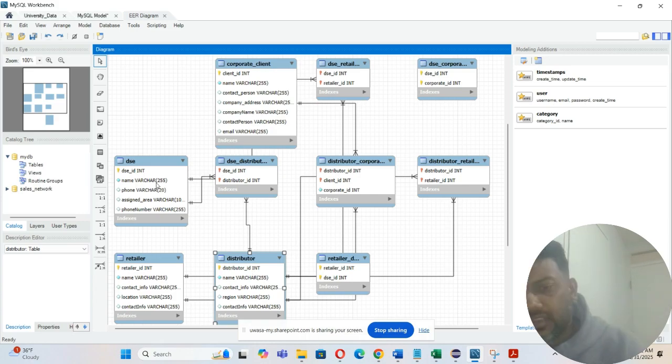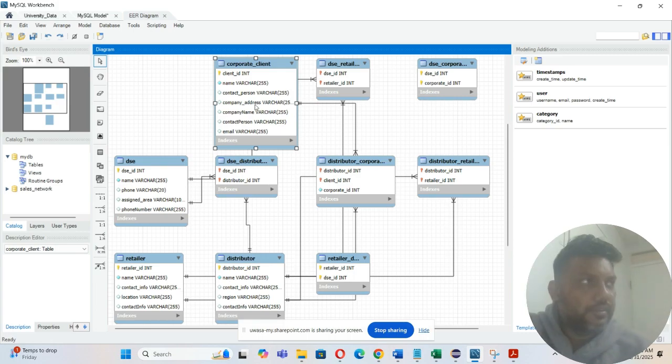This DSC rank is actually connected with the distributor because they are the employees of the distributor. So this particular DSC is connected with the retailer as well as the corporate client. So DSC requires to maintain the business with the retailer as well as the corporate to control the monetary